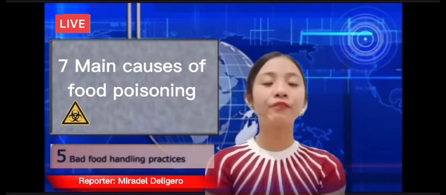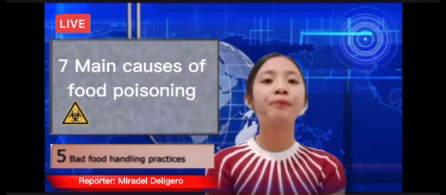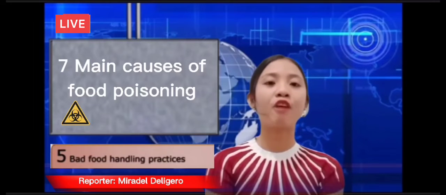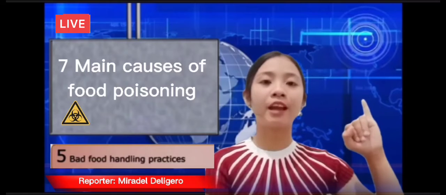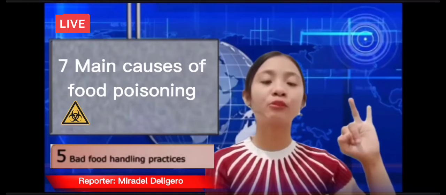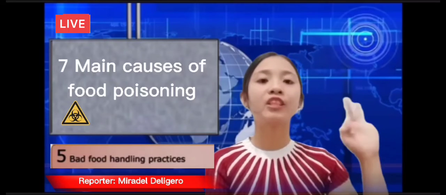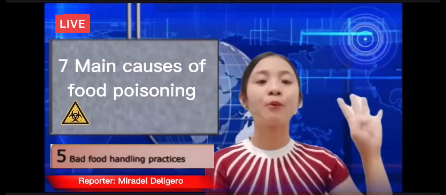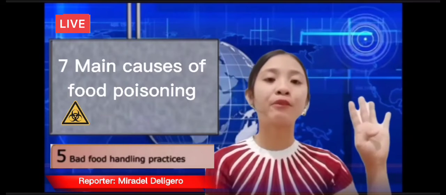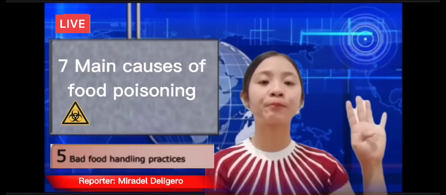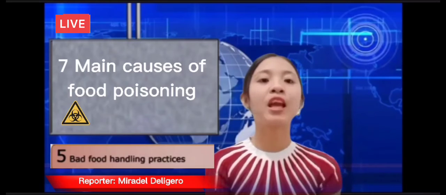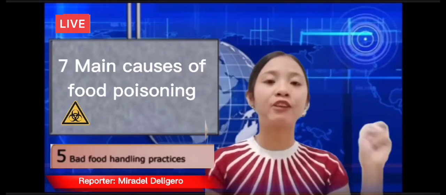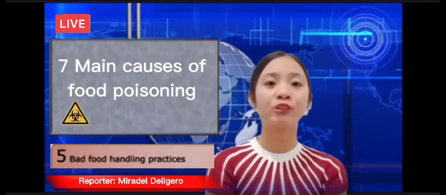The fifth main cause of food poisoning is bad food handling practices. Bad food handling practices can lead to spreading of bacteria. Some examples are not wearing proper attire, licking fingers or touching nose, mouth, or hair in the preparation area, spitting in the food handling area, wearing makeup or spraying perfume in the food preparation area, and spitting or leaning on the work tables or equipment. Those I've mentioned are not allowed because they can cause contamination to the food.